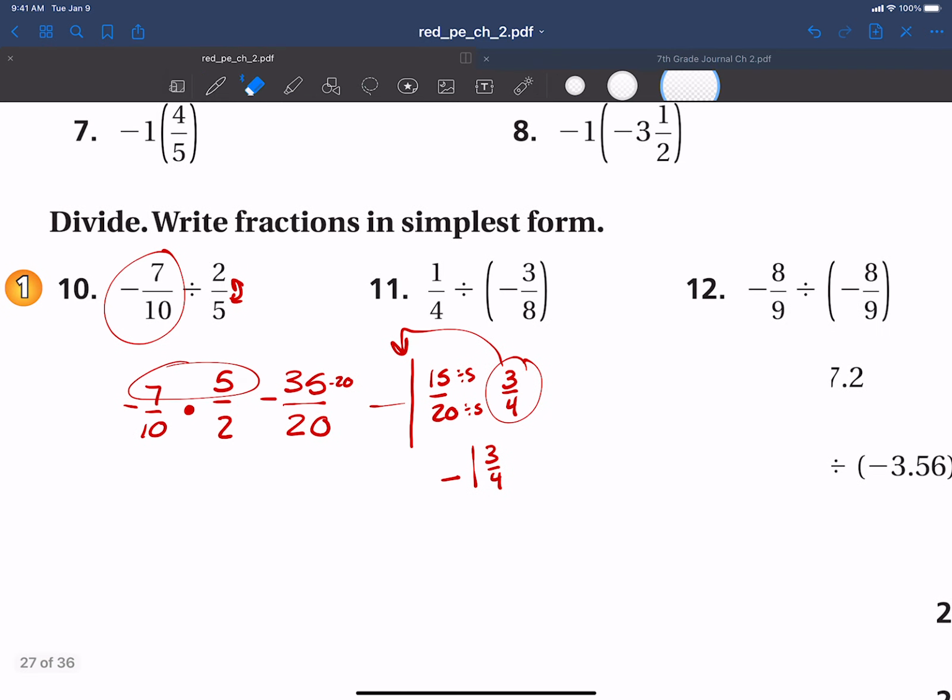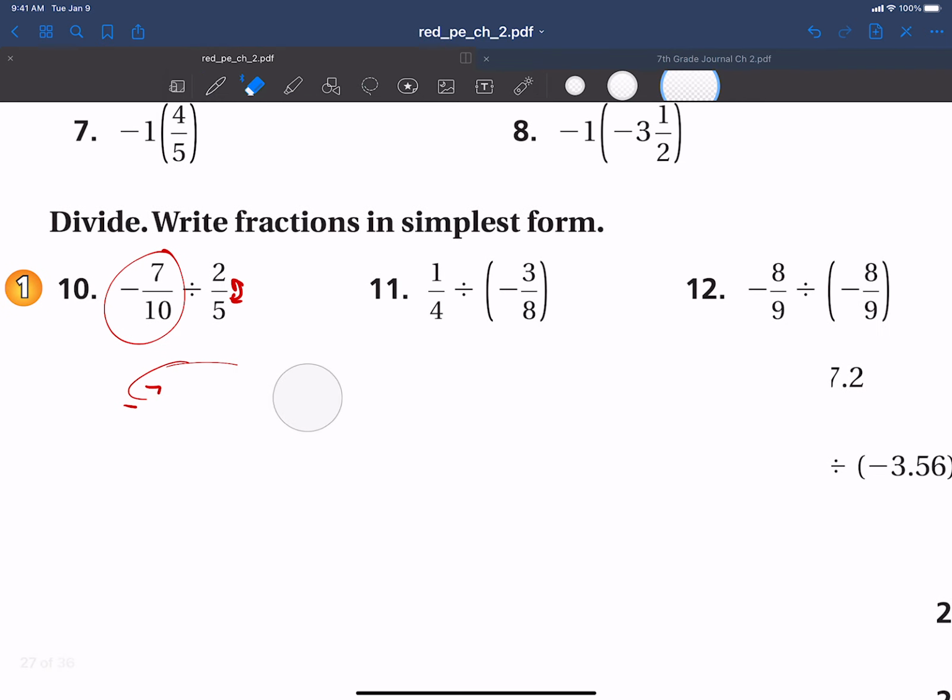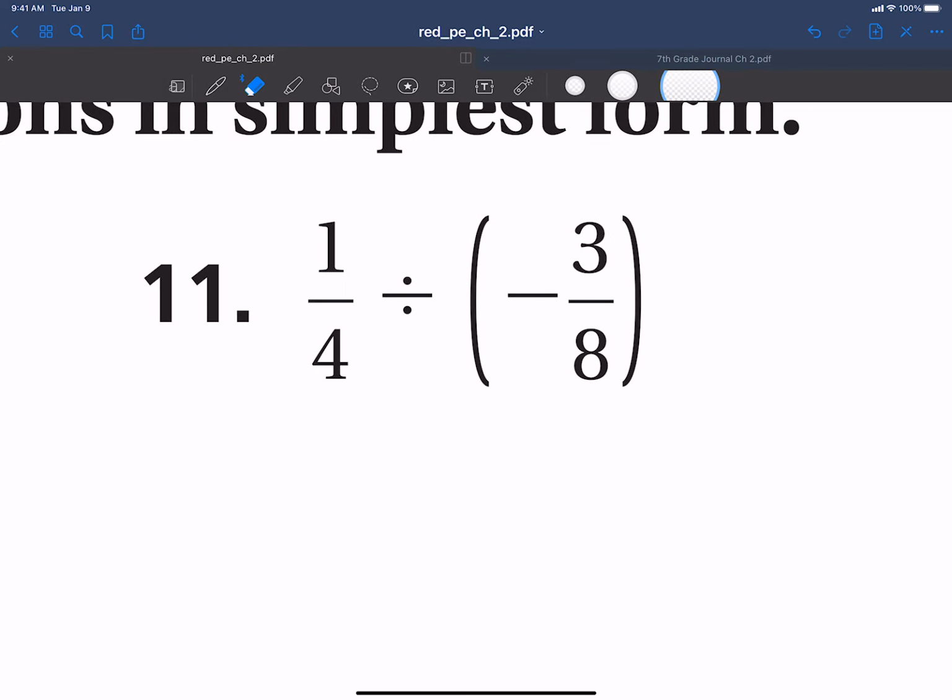You ready? Number 11. The erasers aren't good anymore. I know. I need to cut some new ones, don't I? 4 divided by negative 3/8. Remember, when we divide, we multiply by the